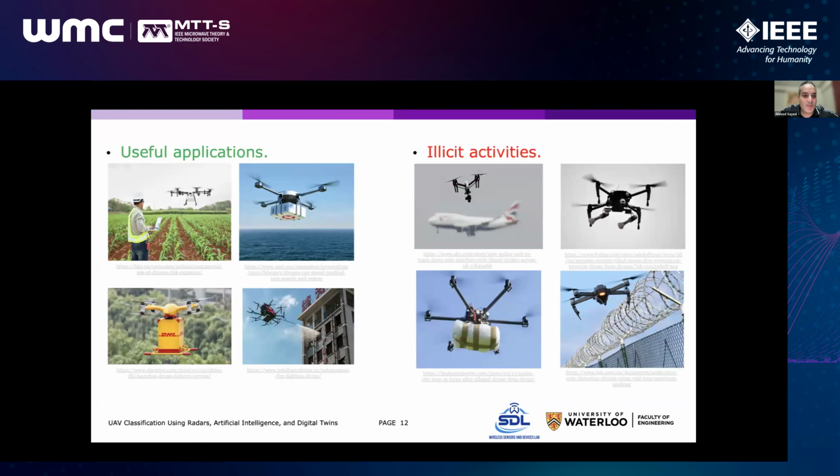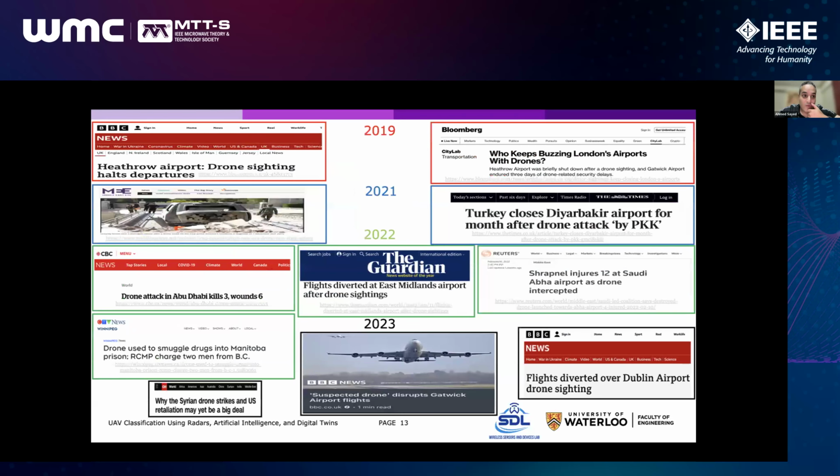Drones are being used for many useful applications like farming, search and rescue, package delivery, or firefighting. And for example, what Alexander was showing us, using drones or UAVs to detect mines. But they can also be used for many illegal activities like interference with airplanes, terrorist attacks, drug smuggling, and privacy invasion. For example,